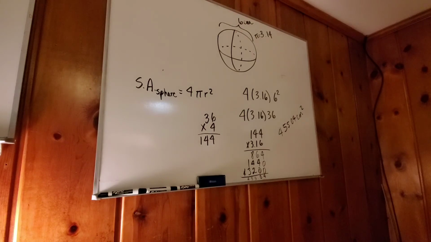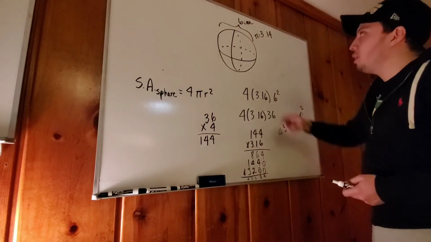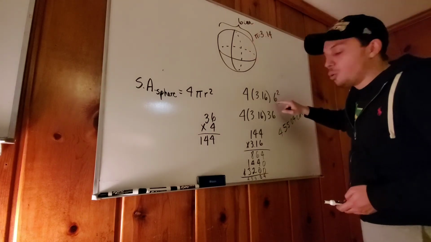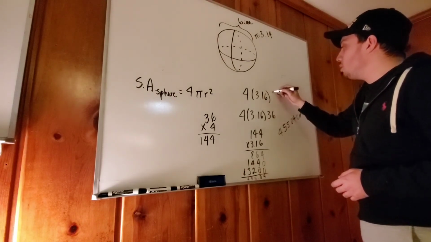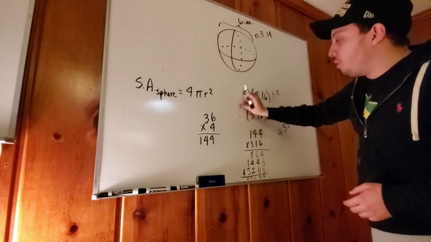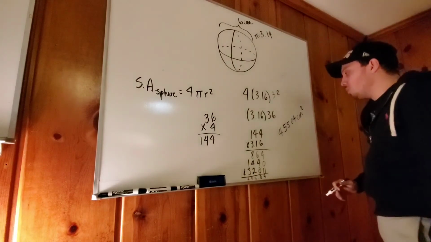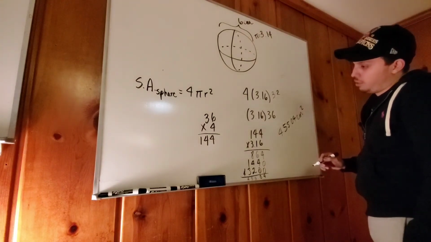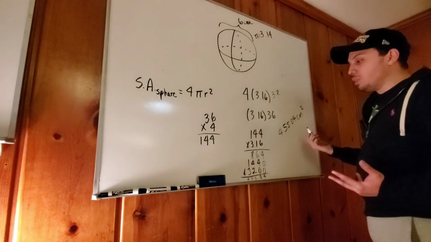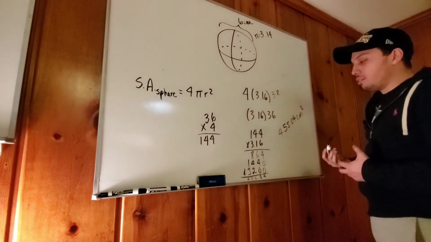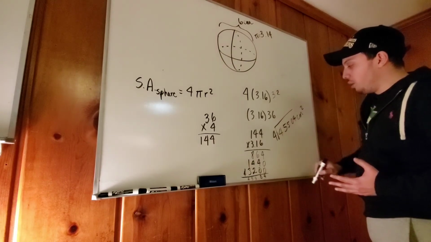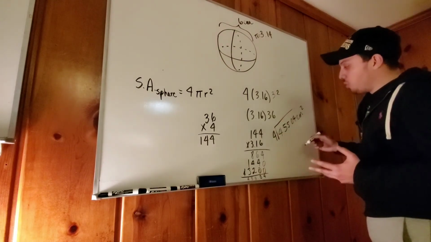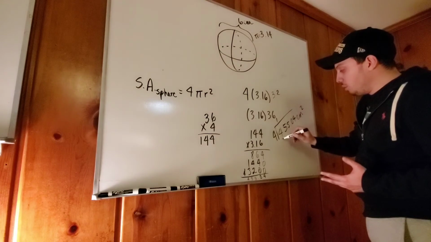Not even close. Oh, I know why. I made a mistake here. I said the diameter was 6, not the radius. The radius is 3. This would be 4 times 36. And so what I did was I multiplied this 4 times more than what I needed to be. So the surface area would be